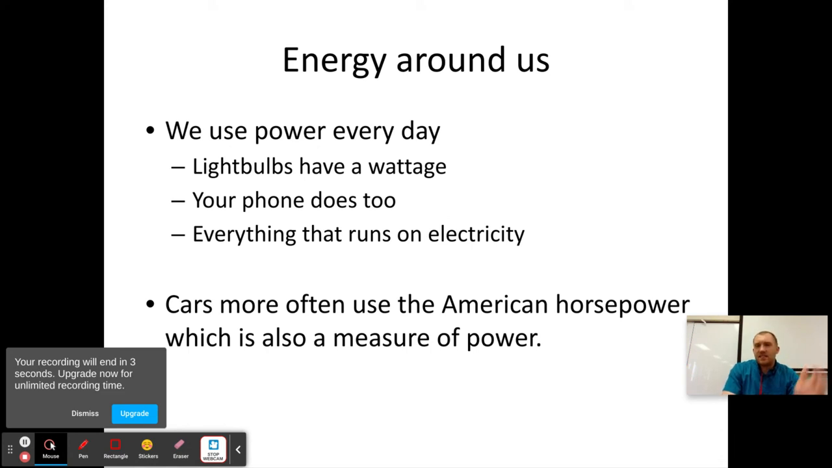Energy's all around us. That's the last thing I'll leave you with. Everything is energy. Think of some stuff. Light bulbs, we use wattage all the time in light bulbs. Your phone uses energy. Electricity is our big form of energy right now. Coal